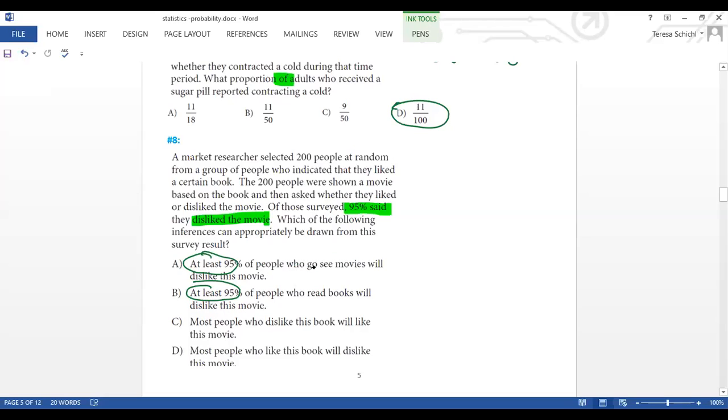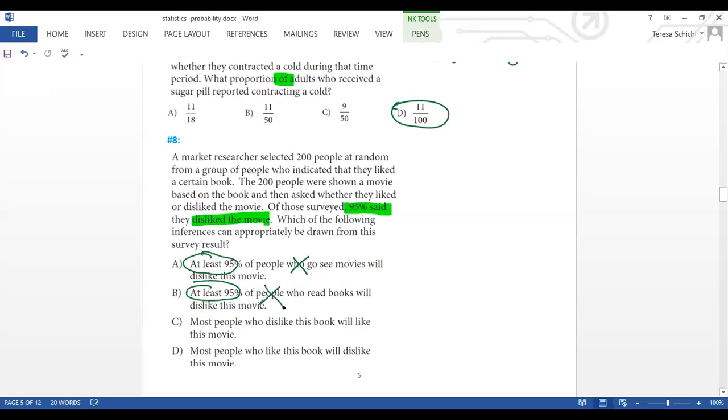It doesn't say 95% of the people who go to see the movie will dislike the movie. No, that's not what it said. They said the people who read the book, and then 95% of them. Okay, and then they said at least 95% of the people who read the book will dislike the movie. So this is almost right, but it's not at least, right? Because it says 95, so it could be a little bit more, it could be a little less, so it's